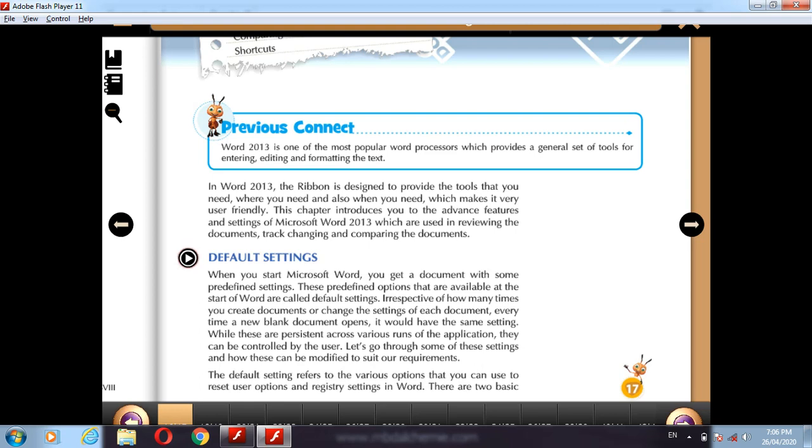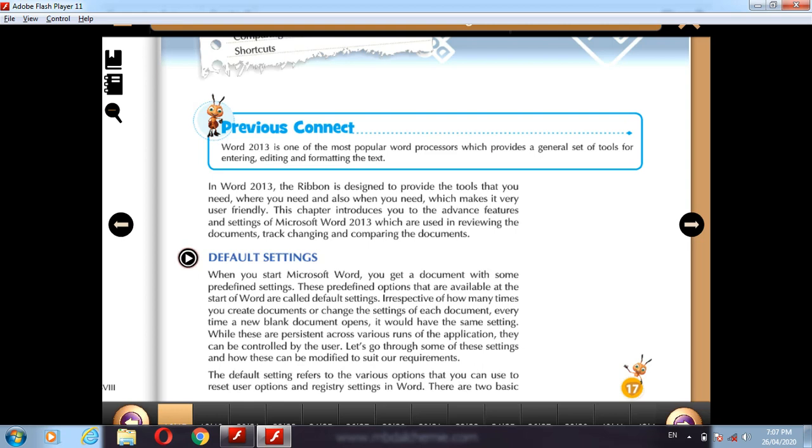And whenever you open that Word document anytime anywhere, that default setting always keep on. So that is called default setting. So irrespective of how many times you create documents or changes the setting of each document, every time a new blank document opens and it would have the same setting.